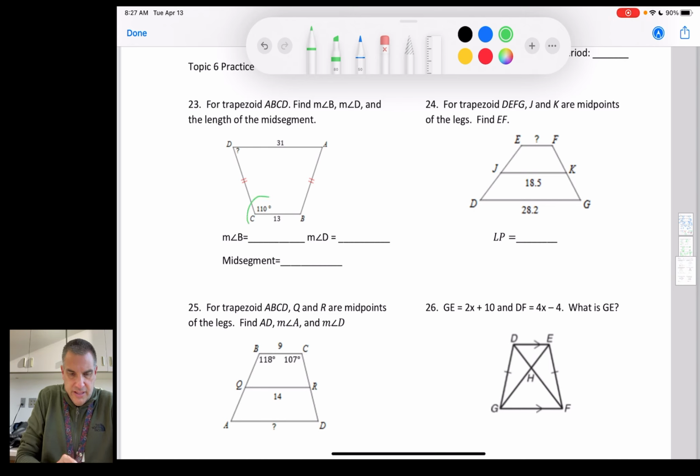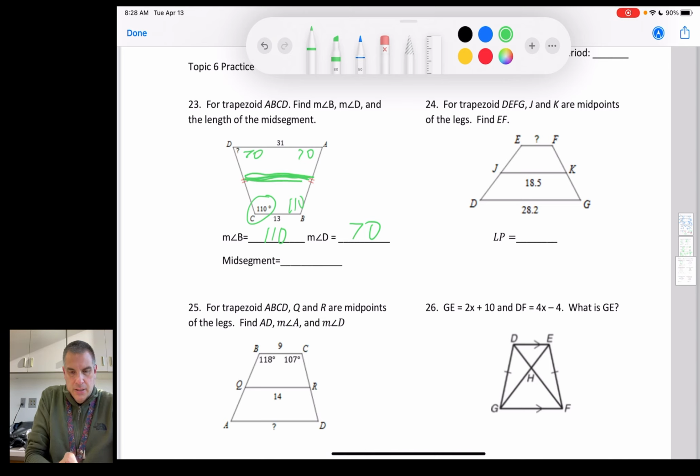So if angle C is 110, that makes this 110 degrees. Now we know these two lines are parallel, so that's got to add up to that. So that's 70. 70 plus 110, so that makes that 70. So that has to be 70 as well. And then it wants to find the